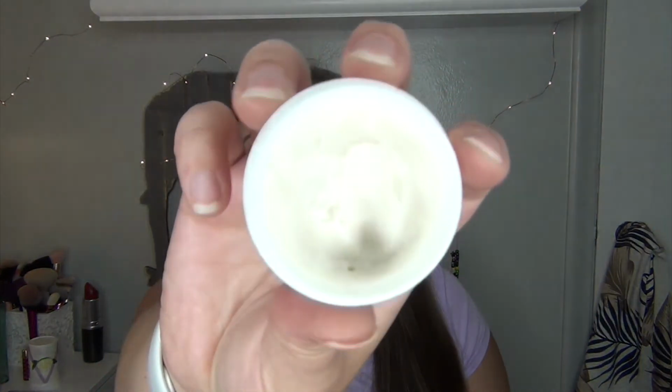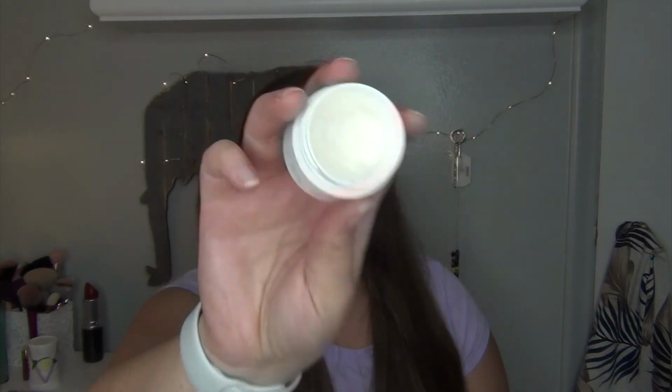I am working on many items from other months and other rounds. I mean, I'm still working on the blue month, January. I'm still working on this EB5 Intensive Moisture Anti-Aging Cream. I'm actually using this as a neck and décolletage cream now. Don't love it for my face, it's a little bit too thick for me, but I mean, you guys, I'm still working on January's products. Like, look at that, it's like halfway gone. I've been working on this almost every day. This thing will not die. Anyways, so